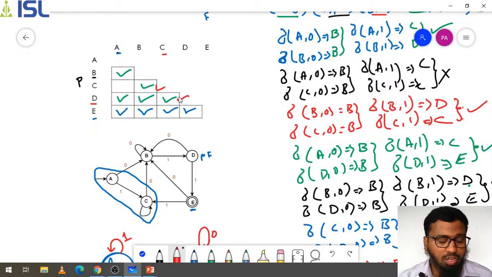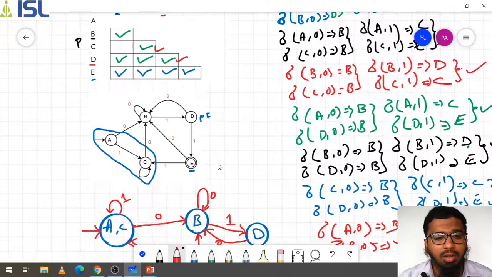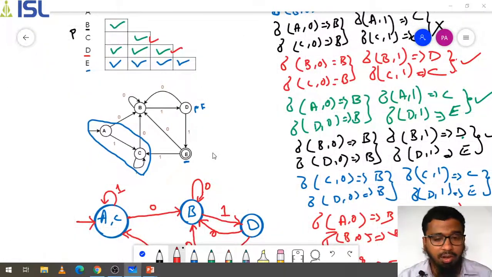So we draw the table and see the remaining boxes, and if there is any possibility you can check, otherwise you need to go here and make an unpair, like